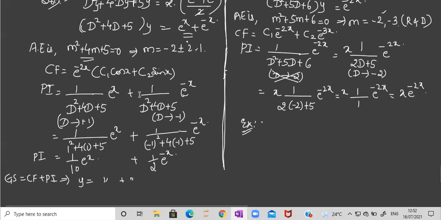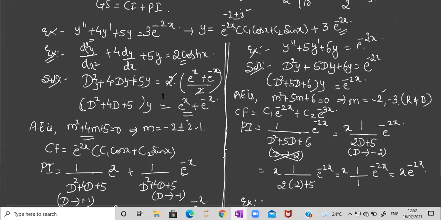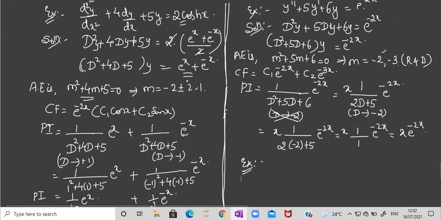Now just see. We are solving some examples where it is a non-homogeneous differential equation. Cos hyperbolic can be written as e raised to x plus e raised to minus x divided by 2. So if you do the cancellation, here you are going to get two terms. So here it depends on CF as well as PI. CF depends on the nature of the roots, that is here complex, so we write the CF part, and then PI. PI has got two terms because RHS has got two terms here.